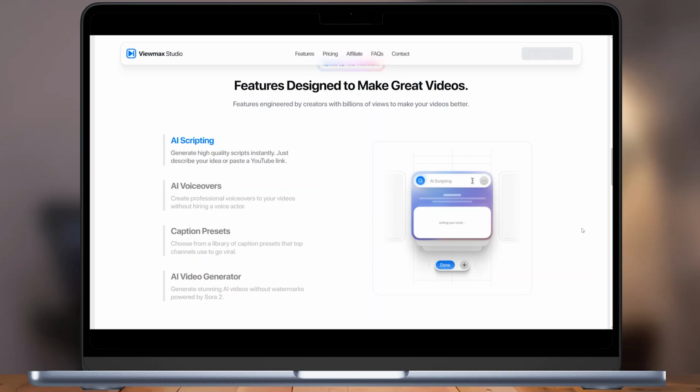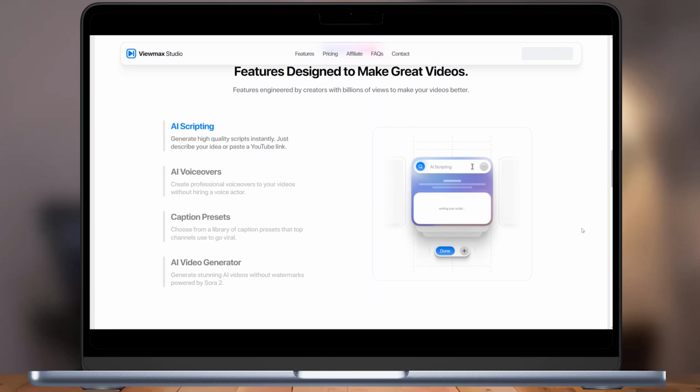to produce something appealing. The AI voiceover tool allows you to generate natural-sounding narration in multiple languages and voices. This is perfect for creators who want professional quality audio without hiring voice actors or spending time recording manually. You can adjust tone, speed, and pitch to match the mood of your content, making your videos more engaging and